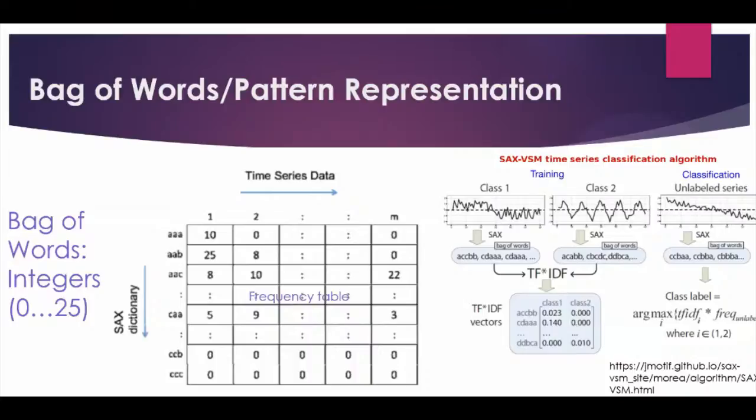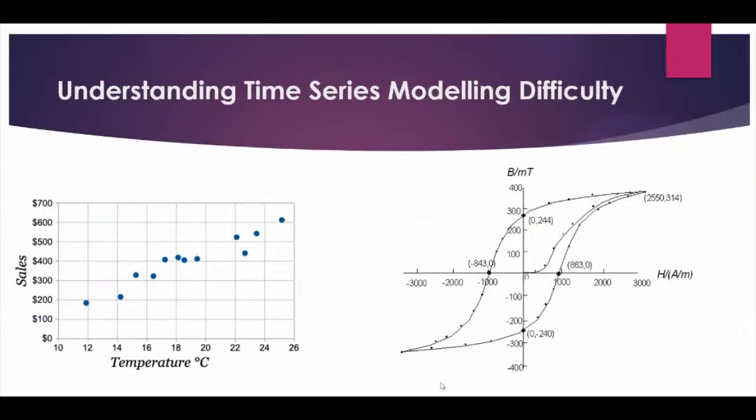Difficulty. Okay, you should take this example. On the left hand side, there is a data set of sales record with respect to temperature, and we are saying that if temperature is increasing, the sales is also increasing. Maybe this is a place like, suppose, Russia. If it is warmer, more people are willing to go to the market and buy things. But the important point in this example is that for a given value of temperature, you only get a single value of sales.